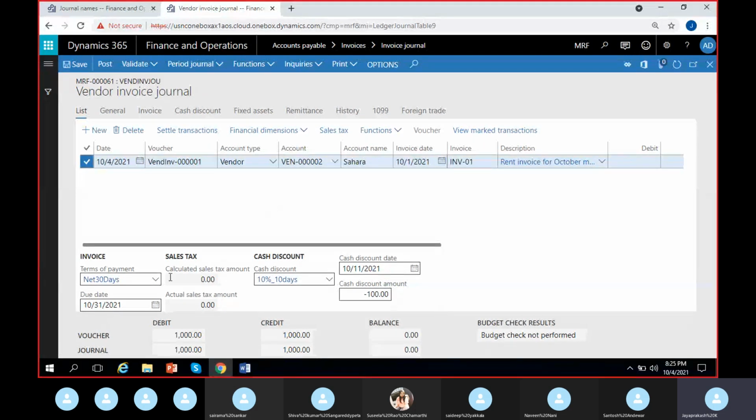Okay, this part. First, let us discuss about this terms of payment. You can see here, right? So the invoice date is 1st of October. So you can see the terms of payment given here is net 30 days. Then you can see the due date here, right? 31st October 2021. It is adding 30 days to one, and you have 31st day as the due date. So what happens if I select it as